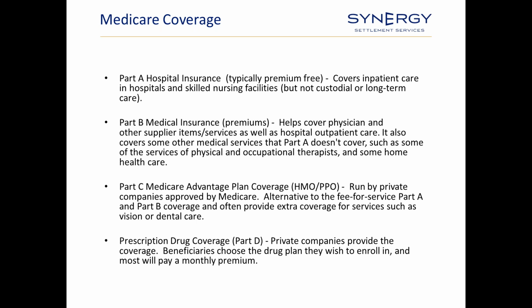What becomes problematic is that people can go between Part C and Part A and Part B. So you could, in theory, have a client who started out on Part C, then went back to A, B, and that presents a whole host of issues that can arise in the context of liens and also Medicare set-asides, which I'm going to cover later on. And then the last part is Part D, which is prescription drug coverage. That is rolled up into Part C if a client elects that. If not, they will have traditional A and B and Part D.